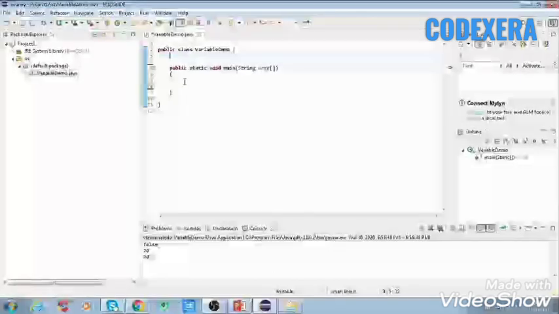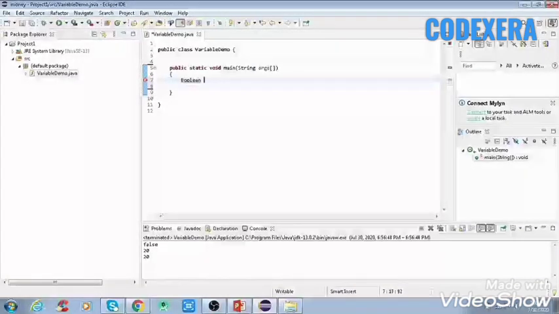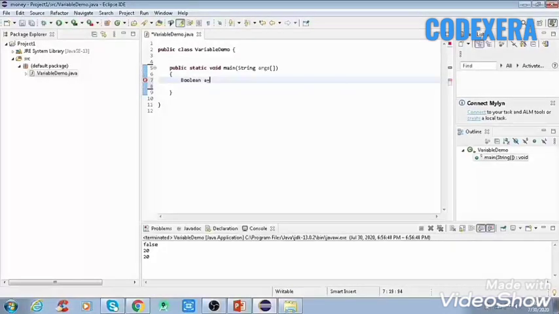For declaring a boolean data type, we use the keyword boolean, and after that we write a variable name, that is a. A boolean data type will store only two possible values, true or false. So I will write here only true. So this is a boolean data type. This data type is used for simple flags that track true or false conditions. It specifies one bit of information, but its size can't be defined precisely.